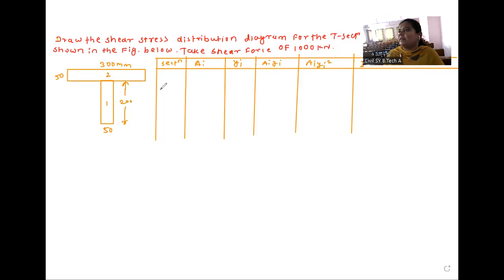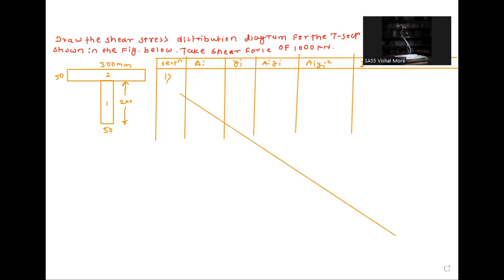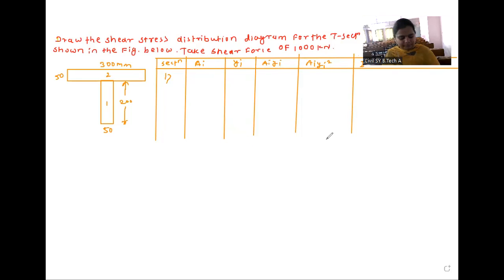Okay, so first we will consider section 1. For section 1, the area is equal to 50 into 200,